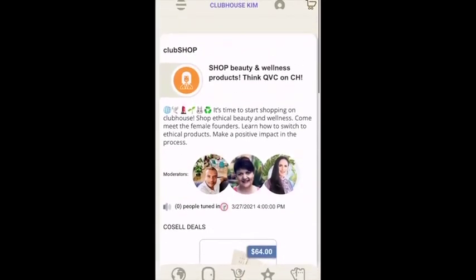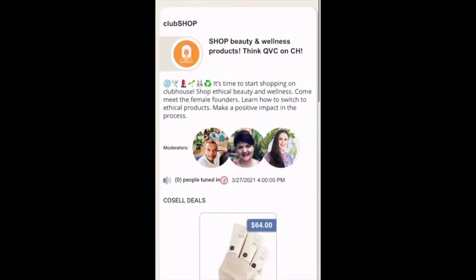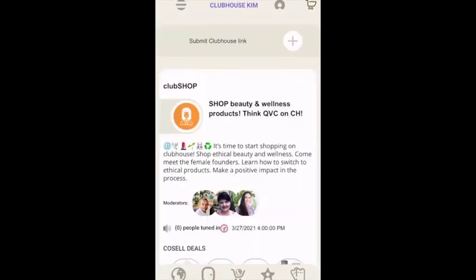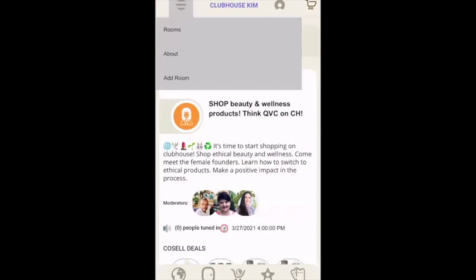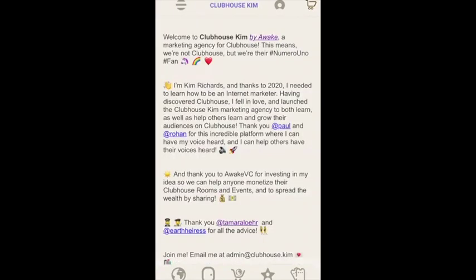So yeah, we're basically hijacking in a way the momentum that is already building, but really helping them by allowing them to monetize it and to really grow it and to really be effective in the bottom line. So that's Clubhouse Kim, a cool little hack that we put together, and it's a simple example of what's possible with Awake, which is a network of networks, and we're able to combine two or more networks to create new networks like this one, which, as you saw, is a combination of several key Awake networks and an external network like Clubhouse. So there you have it.